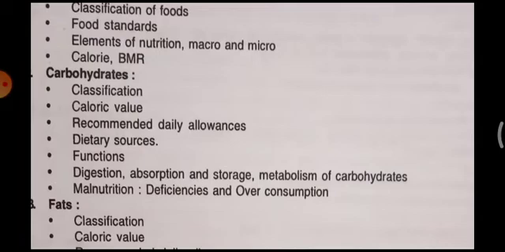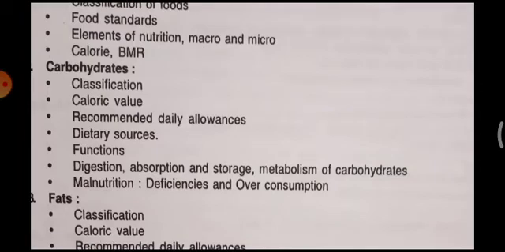In the second chapter we are going to discuss carbohydrates: classification with the definition, calorific value, recommended dietary allowance, also called RDA, dietary sources of carbohydrate, the different functions carbohydrates carry out, and their digestion, absorption, and storage in the body. Metabolism, a big chapter that also comes in biochemistry, is going to be discussed along with malnutrition of